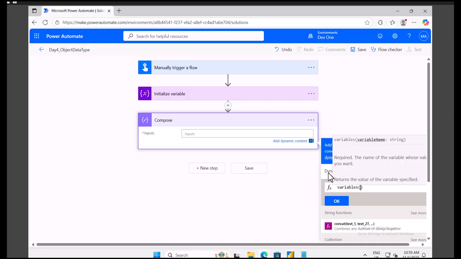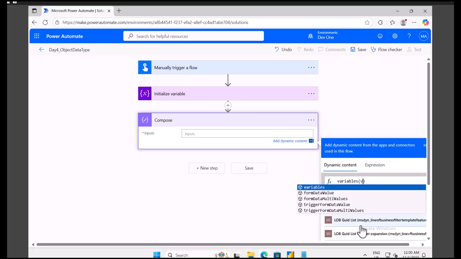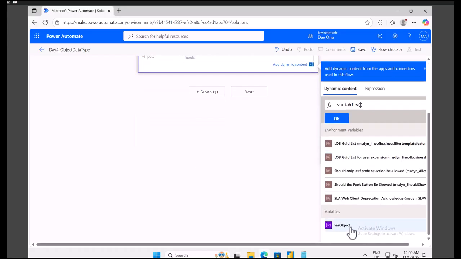First of all I need to say from which variable I need data. So I need the variable from this variable, right? And the second thing is, what do you want? So I need the name, right? To fetch the name value I will need to write something like this, name. Okay, let me click OK,